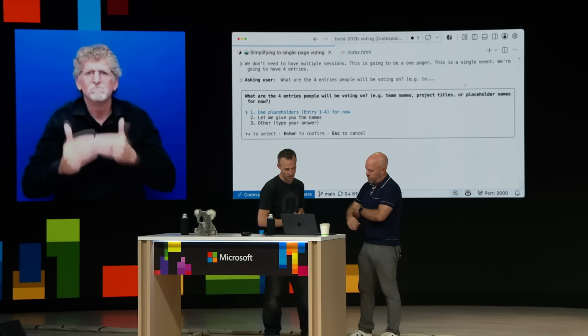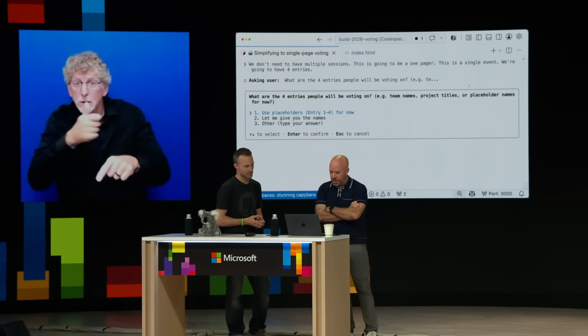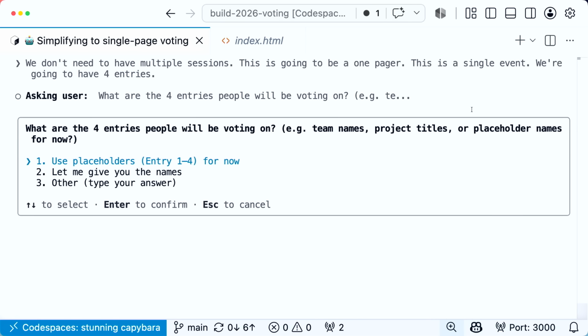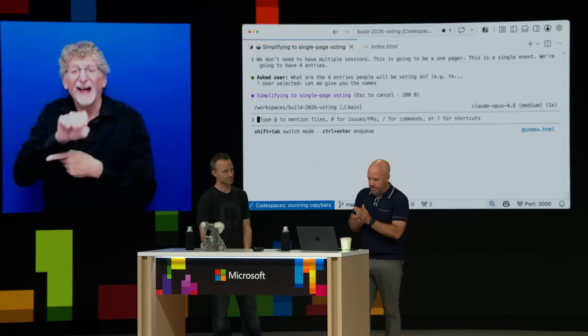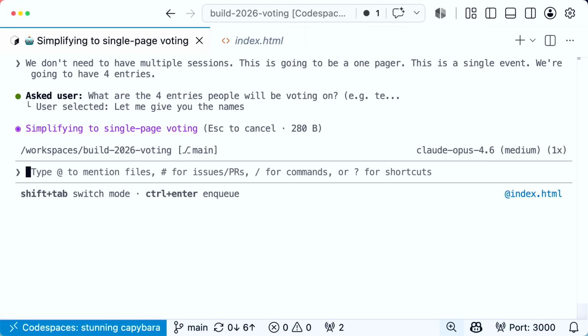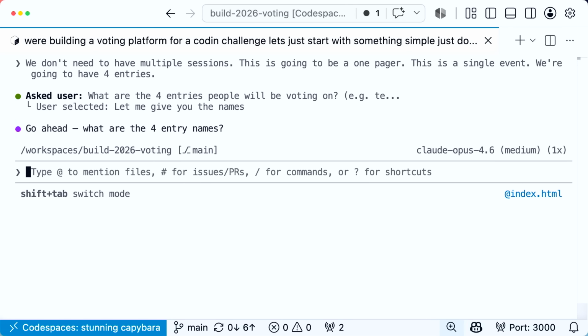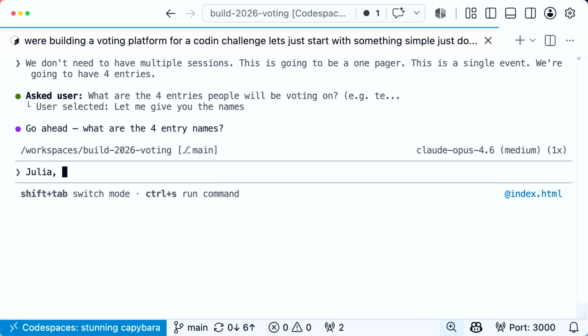So here it asks a question. OK. What are the 4 entries people will be voting on? Team names, project titles, or placeholder names for now? Oh, let's go get names. People names. Yeah, there you go. We've introduced our contestants, so let me give you the names. OK, let's see here. Go ahead. Julia, Chris,